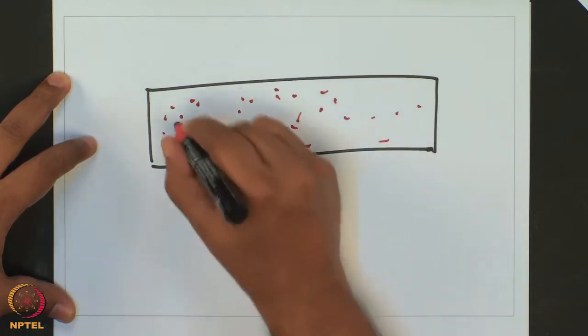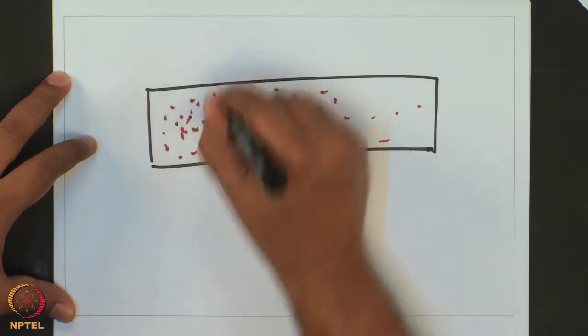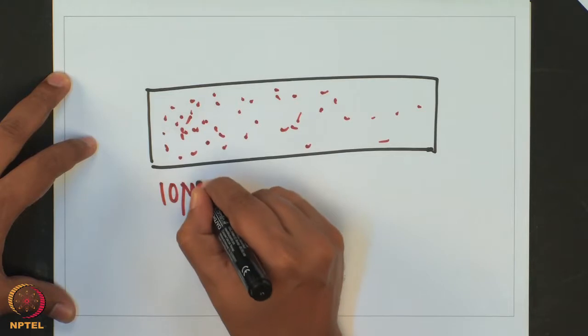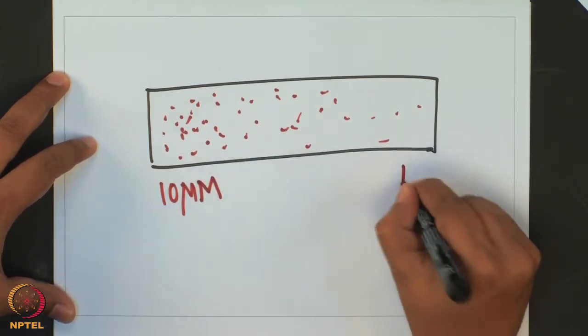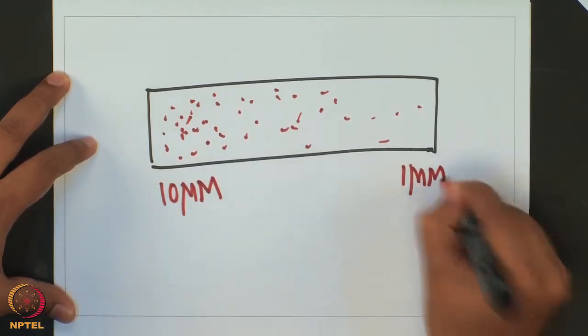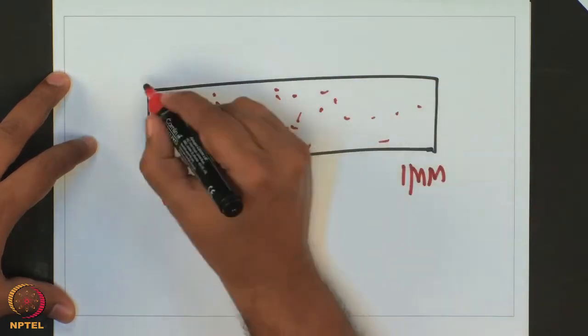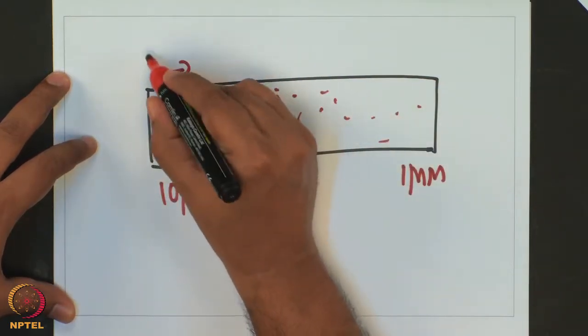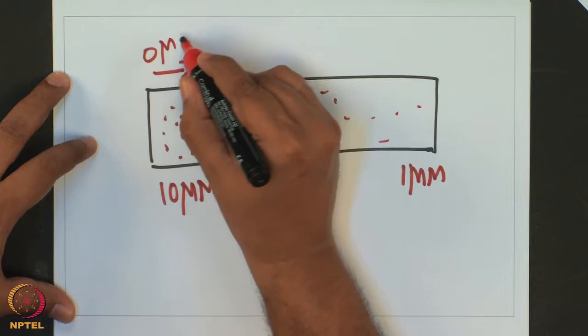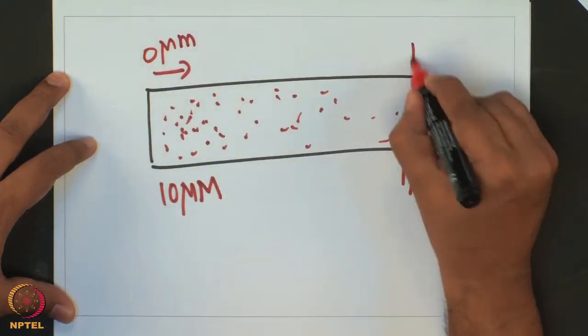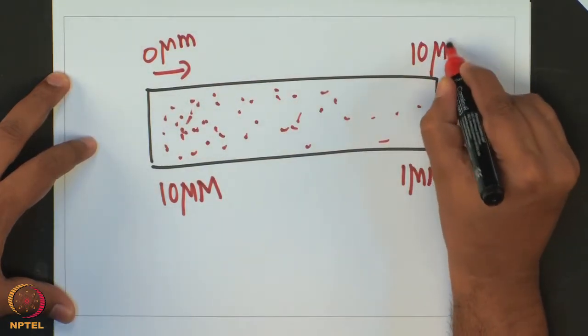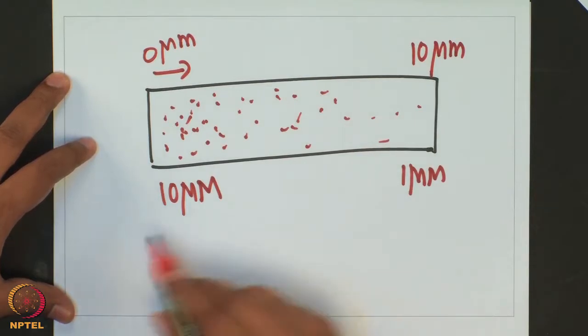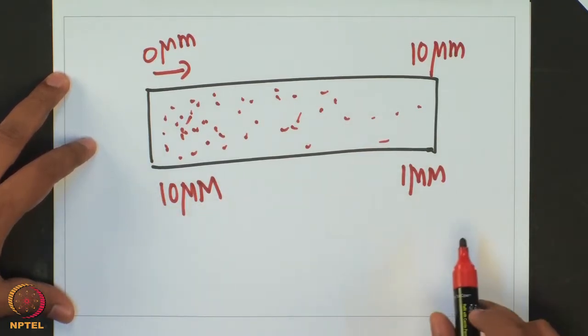So here it is very high concentration, let us say 10 micromolar to 1 micromolar, and the distance is x, which is 0 micrometer to 10 micrometer. So as I go along the x,